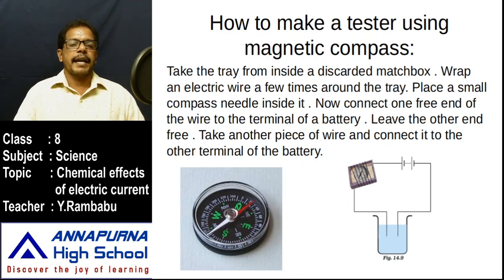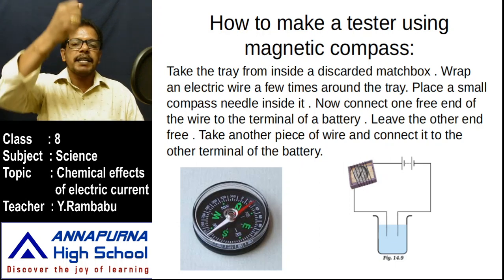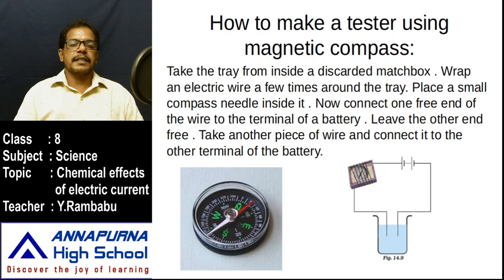Simply take the bar magnet and tie a fine thread at its center, and suspend it with the help of this fine thread. What happens? This bar magnet first oscillates and comes to rest, showing a specific direction. The end which shows geographical north, that is north pole of the bar magnet, and the end which shows geographical south, that is south pole of the bar magnet. Like that we identify the north pole and south pole of these bar magnets.